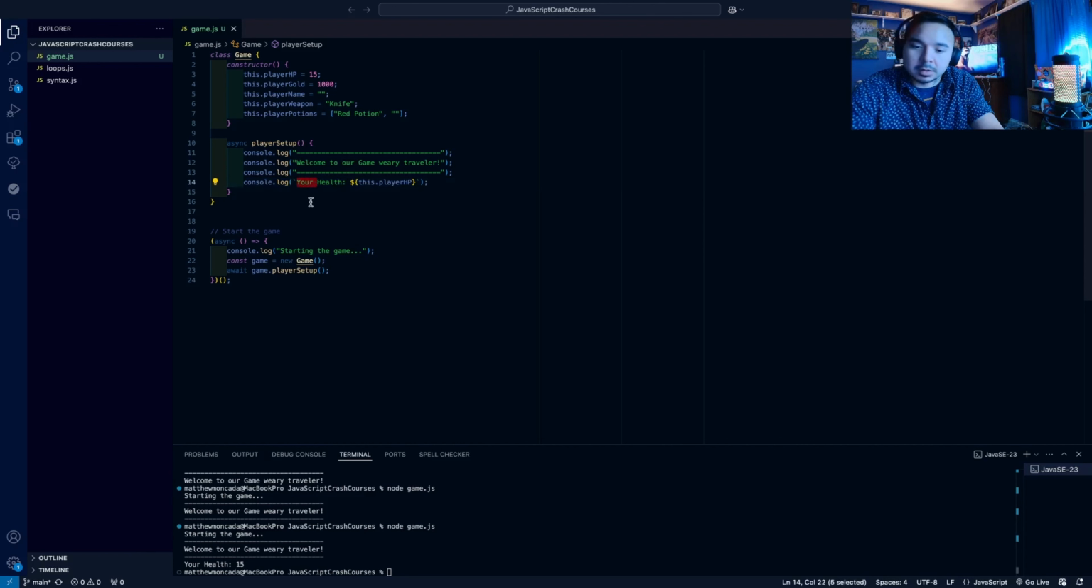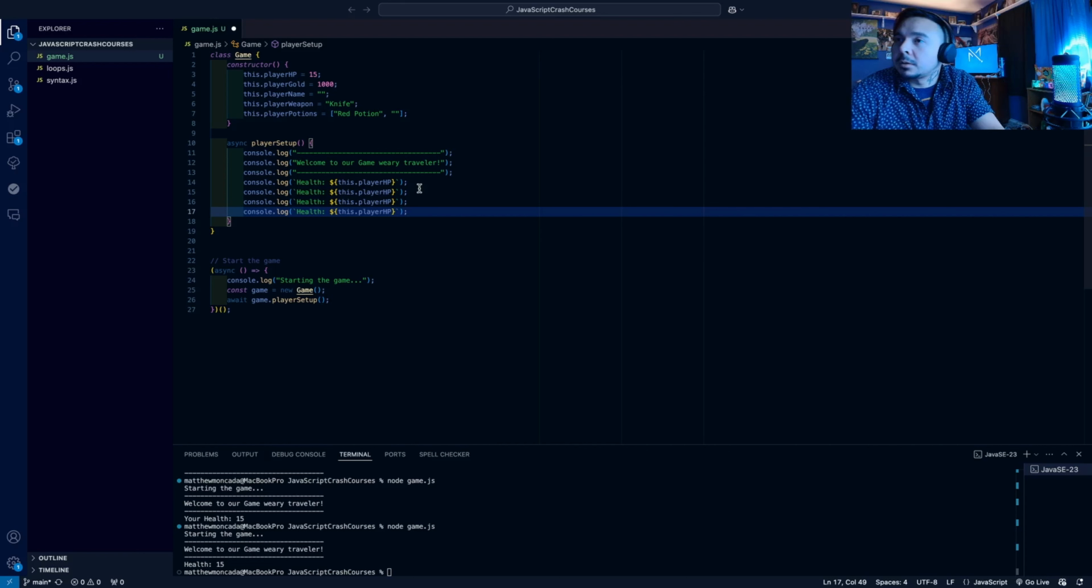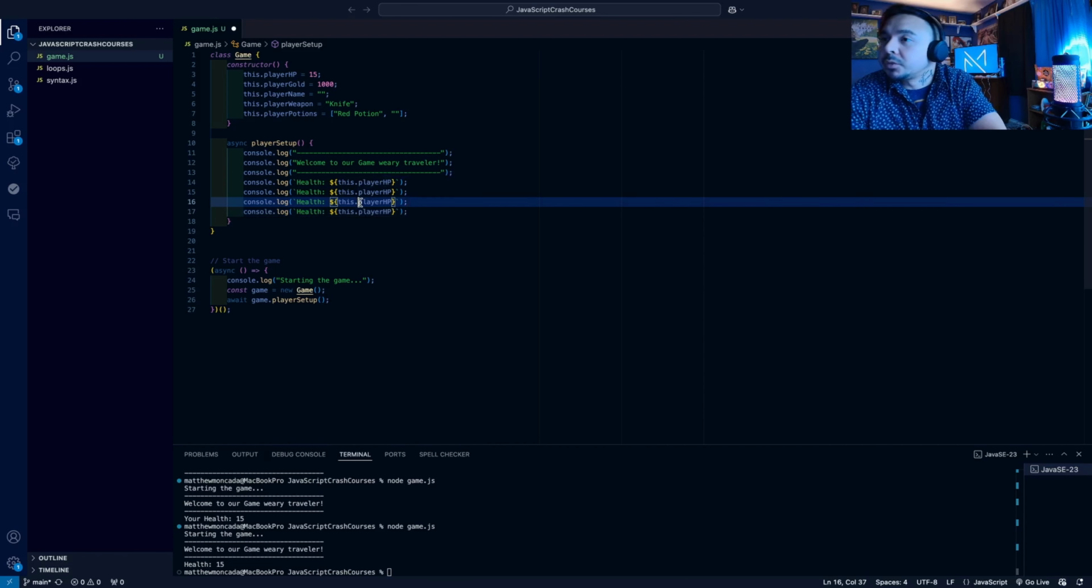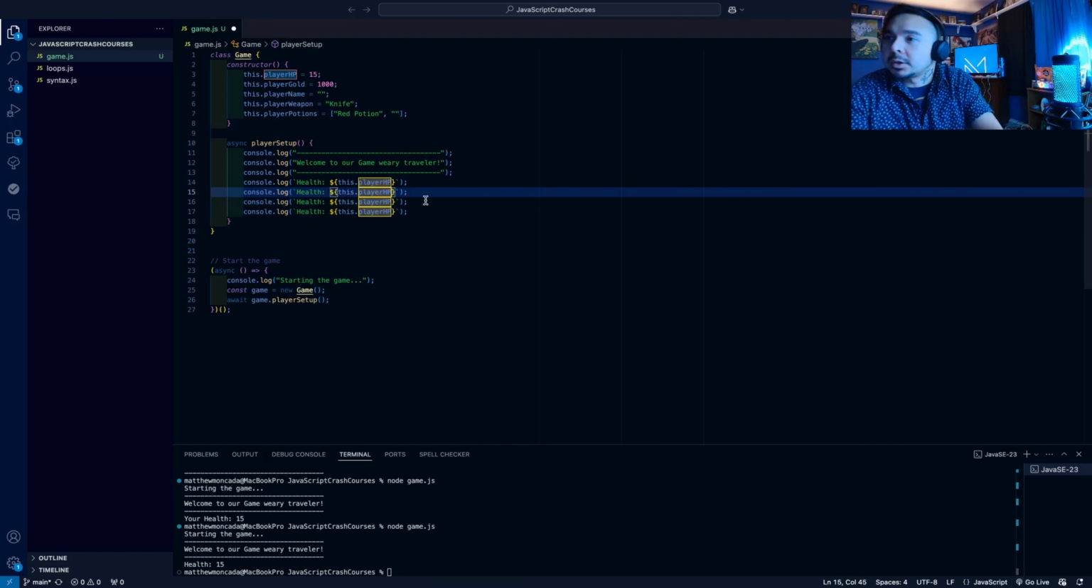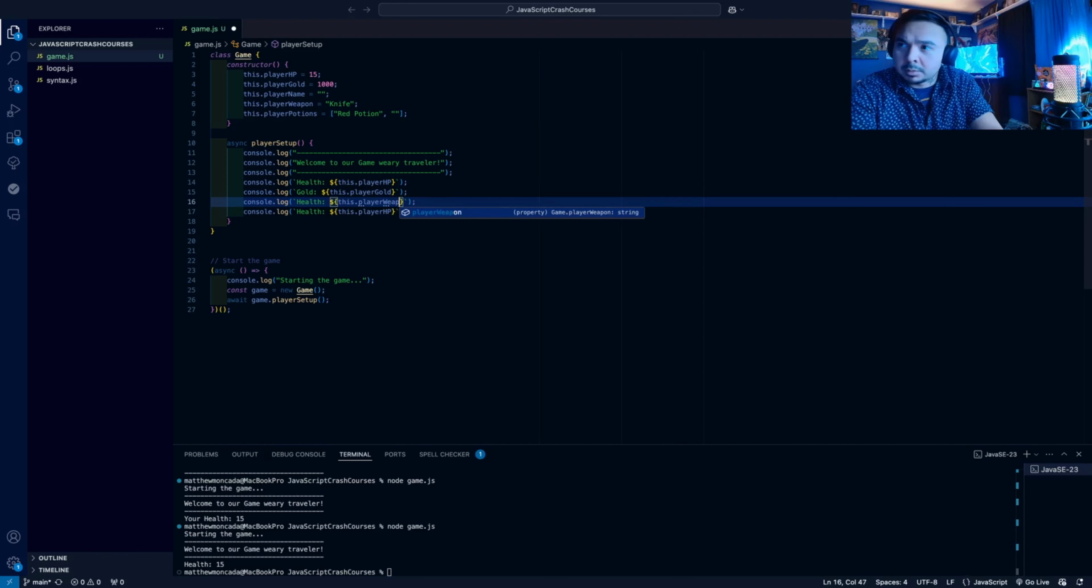So I can just put health. See, and we're using the this keyword and we can call these things. Now we don't have a name yet because we have to ask the user to input their name, but let's start with all this here. So I'm just gonna say gold, and then we'll have player weapon,